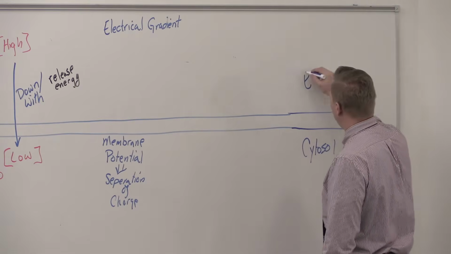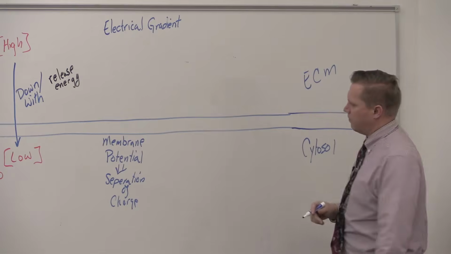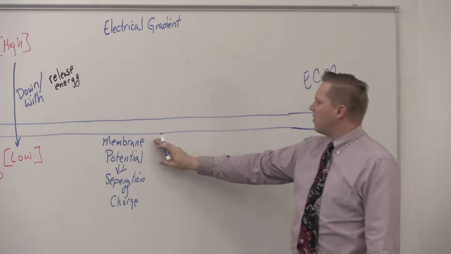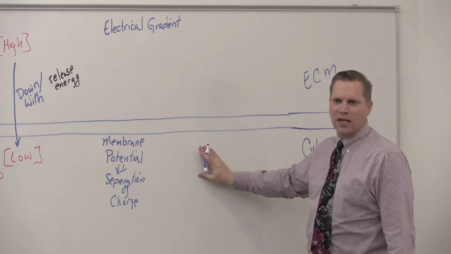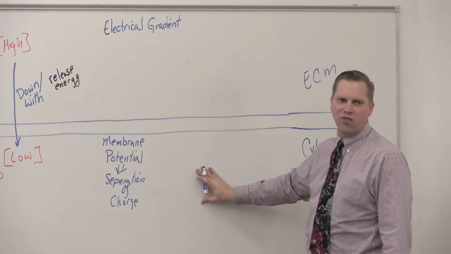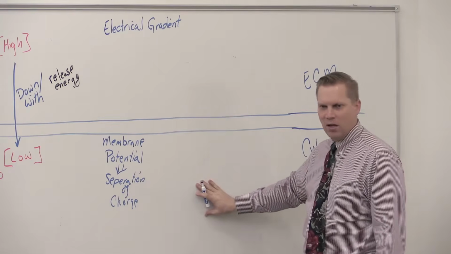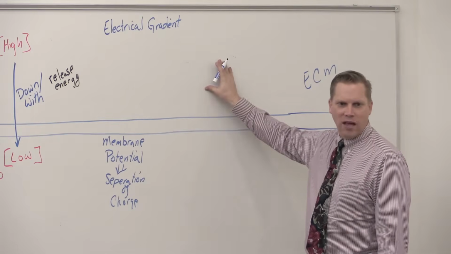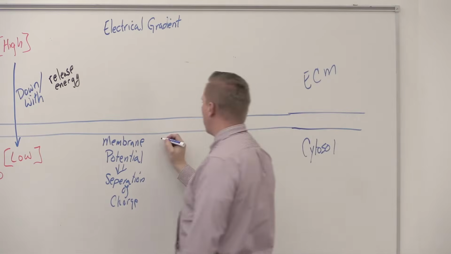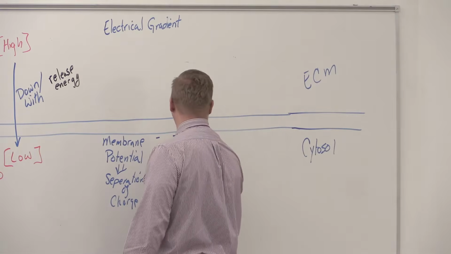And so out here is the extracellular matrix. And what happens is, inside the cell, it turns out that there are more negative charges inside the cell than there are outside of the cell. These negative charges are coming from negatively charged phospholipids